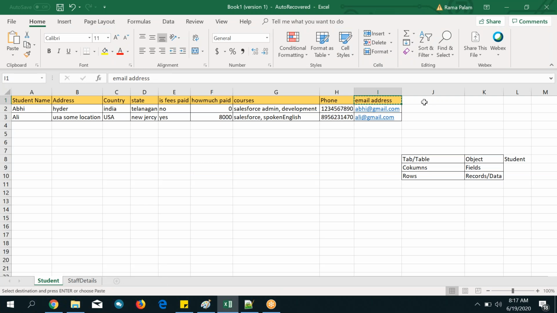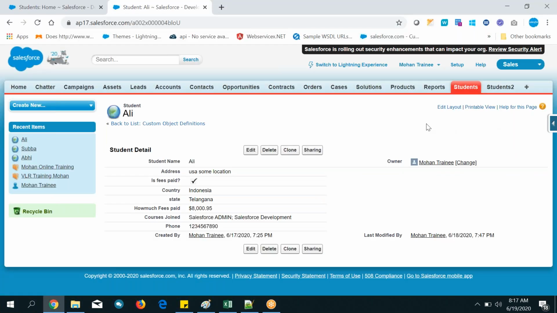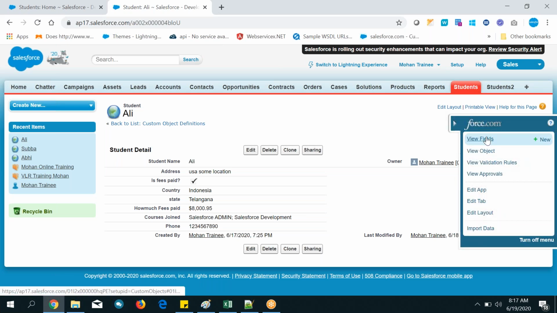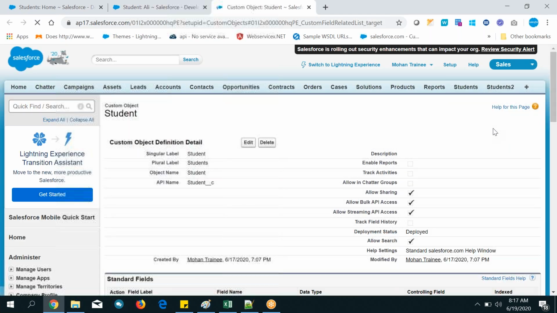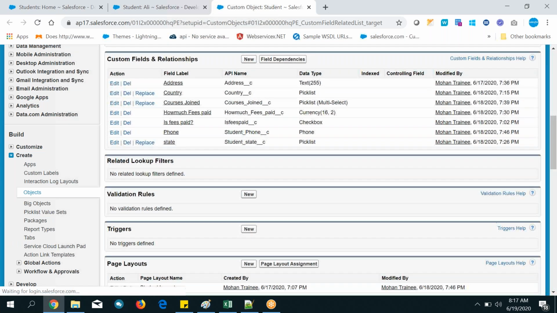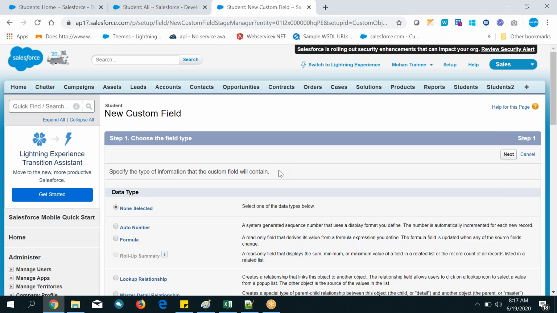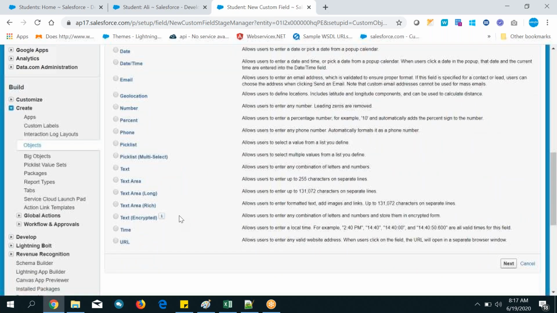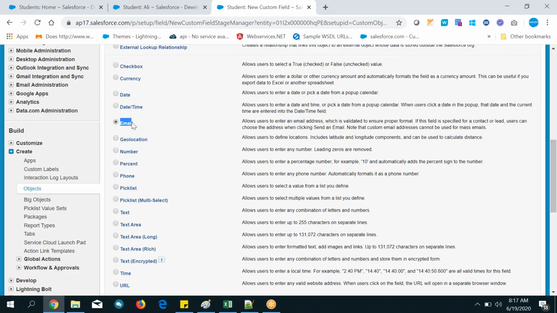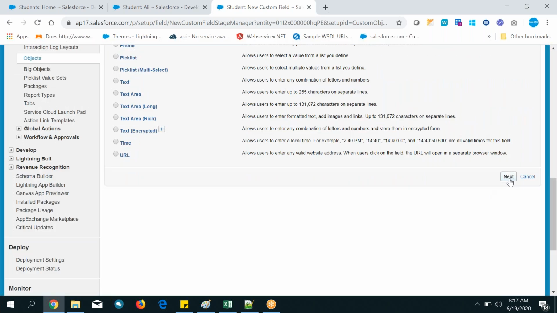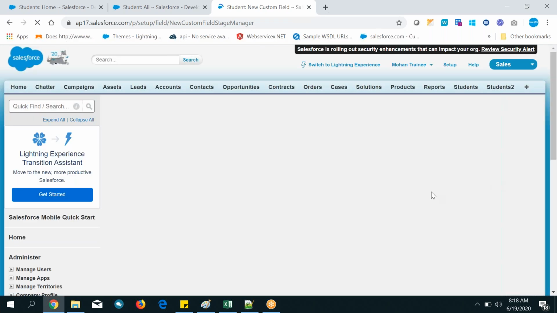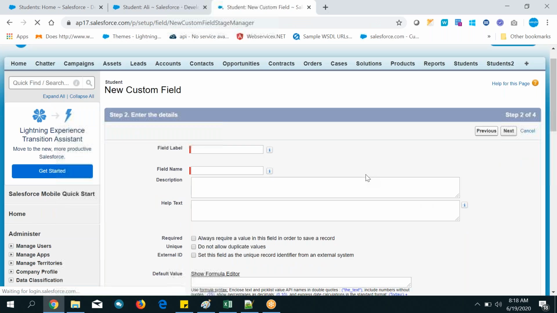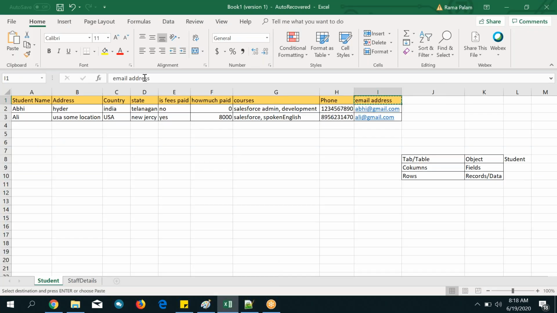Email address. Okay, I want to store email address. These are simple things, right? So next, what you need to do, quickly go there, quickly go to fields. So click on this one. One more new point we will see, because these are all common things, right? That is the reason. So you need to select email data type. Okay, now I am going to show you one more new extra feature. Okay, so you can add email address.